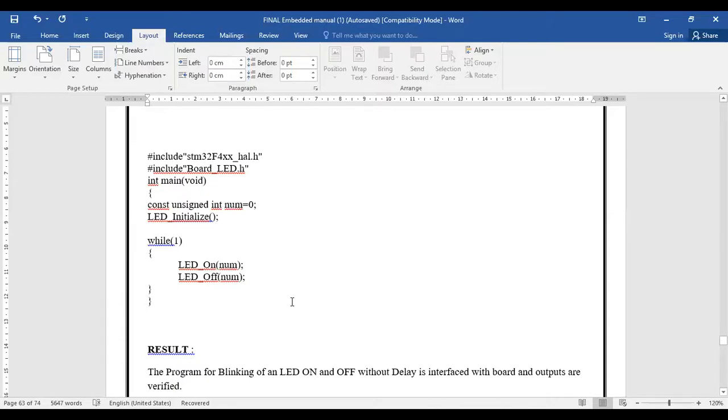So let us have a simple demo of it and how we are going to connect it. This is the Nucleo board we will be using for our interfacing purpose, the STM32F401RE T6. It has 64 pins, and you can see the specifications on the Nucleo board chart.